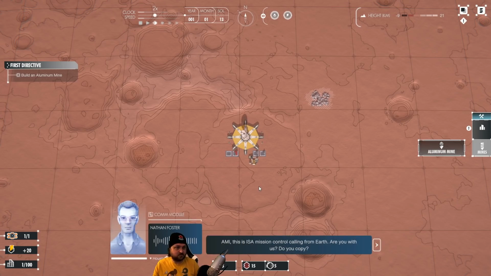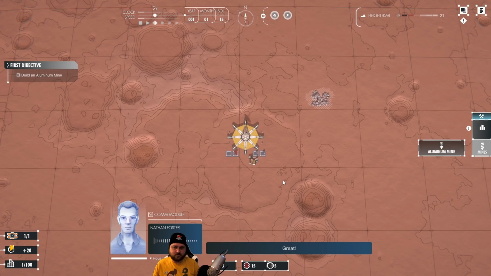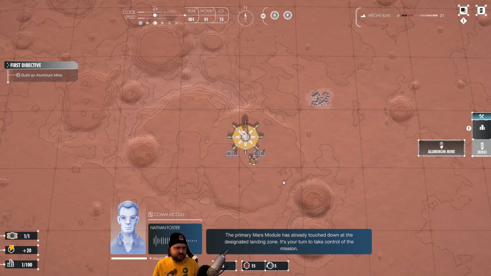Amy, this is ISA Mission Control calling from Earth. Are you with us? Do you copy? Affirmative, Houston. I am with you. Great. The primary Mars module has already touched down at the designated...